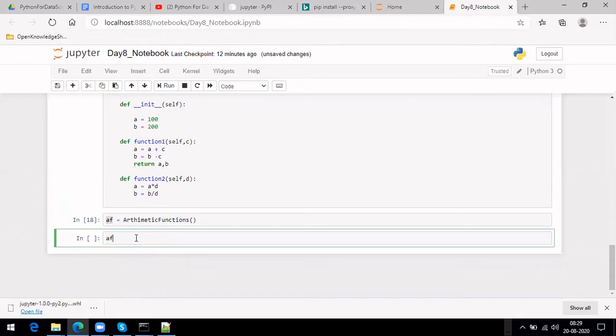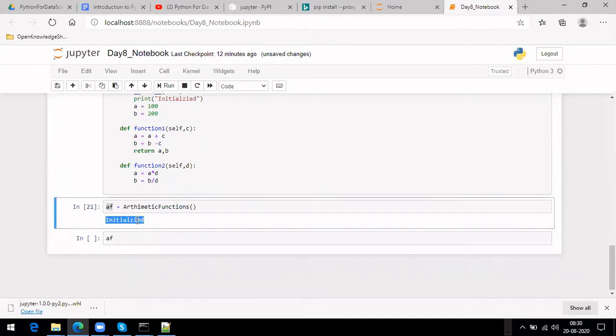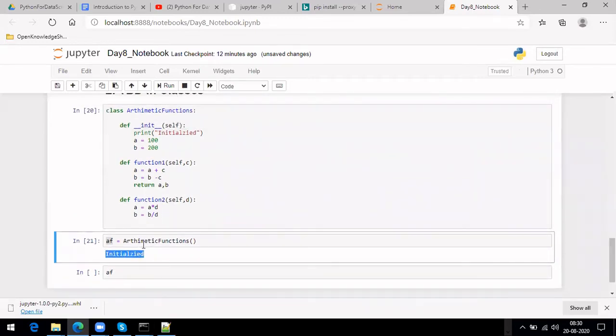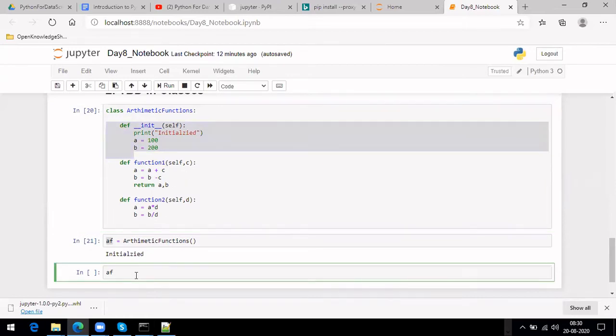In case you are calling this, this function gets executed. Let me do one print here: Initialize. Let's try running that now. One more. See, this got executed because it has printed Initialize. So once you call your class, this init method or whatever is there gets executed, but it gets executed only once until you call it again. Let me see if I can call it again.